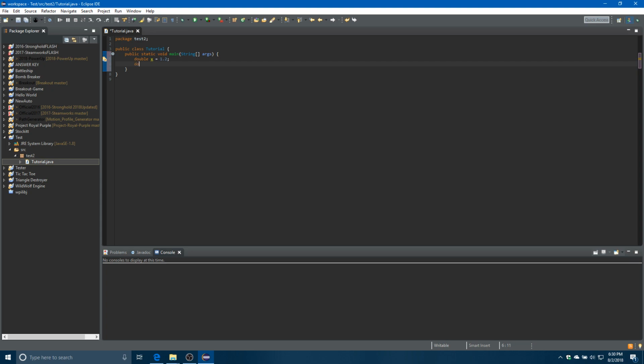And double y equals 2.3. It doesn't matter. They work pretty much exactly like integers, except with one huge problem,